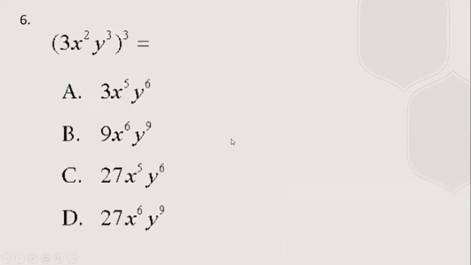All right, let's review our exponent rules. All right, here's our power rule. All right, guys, stay focused. Power rule. So power rule means that when there's a,